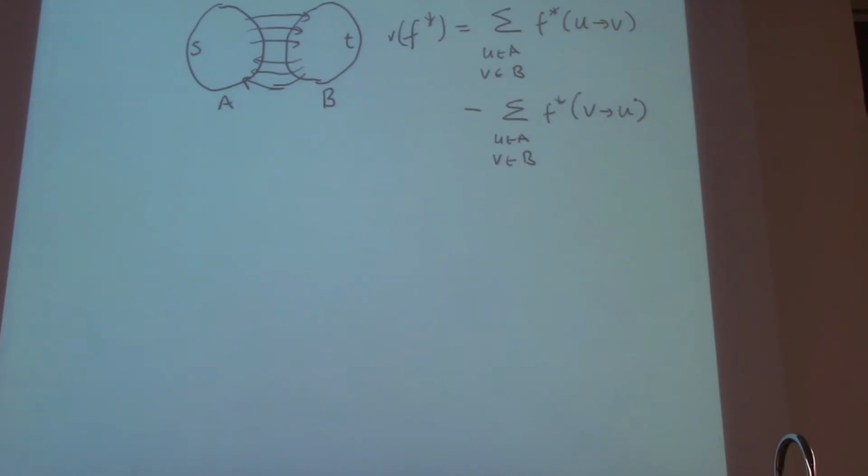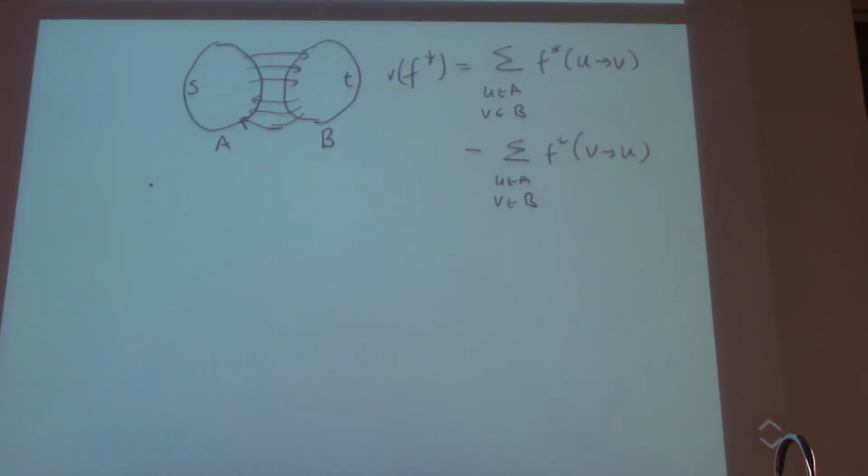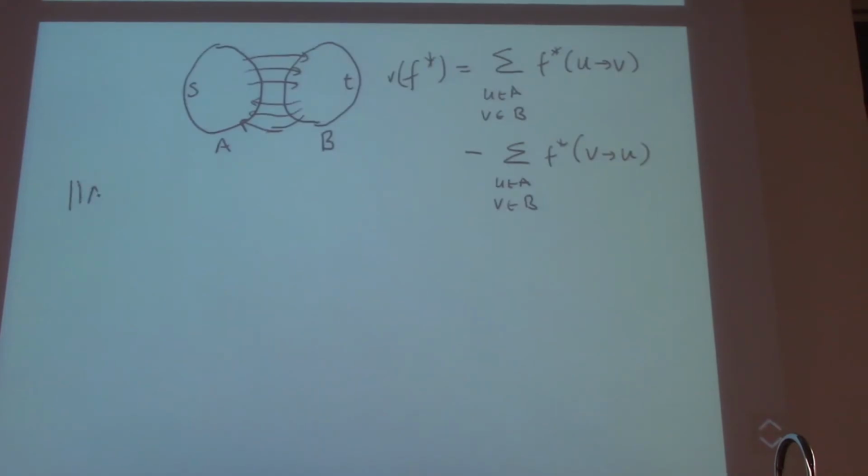If we want to show that this equals the cut value, what do we need to show? If you just do pattern matching of terms, we know the cut value is the sum of the capacities going from A to B, right? So we can write the capacities. And I'll write it in the same notation so you can see. Right? So what needs to happen for that flow to be equal to that cut value? If you just look at these terms, what do you think needs to happen?